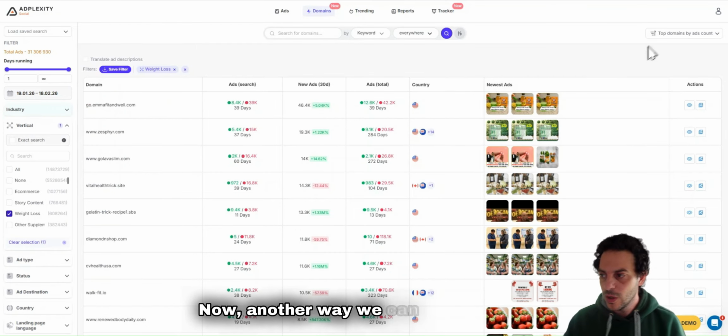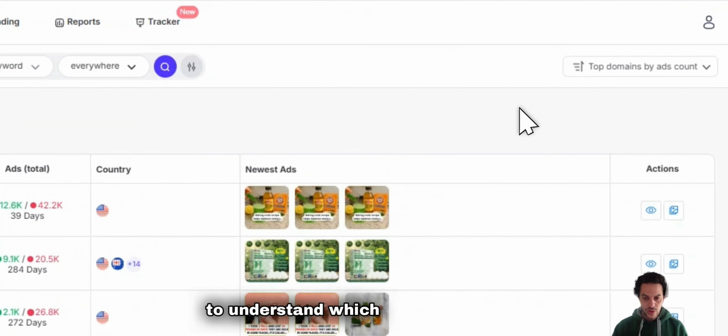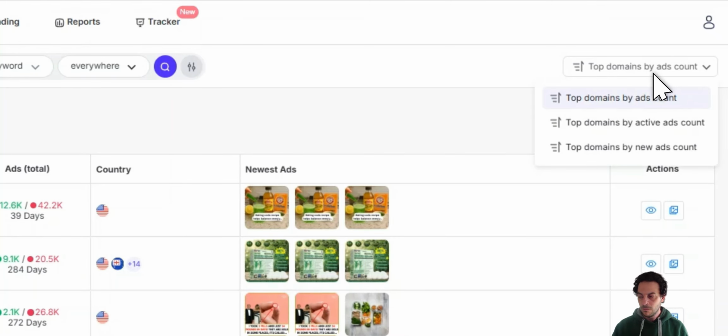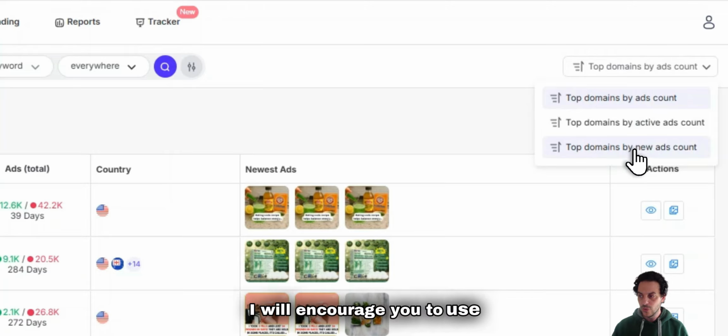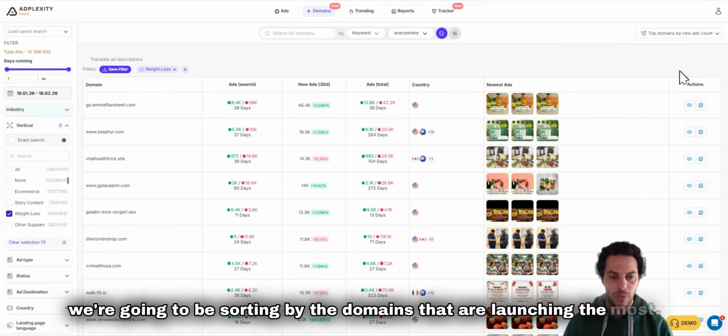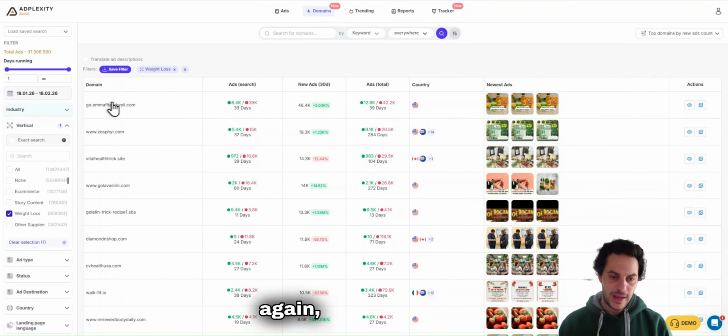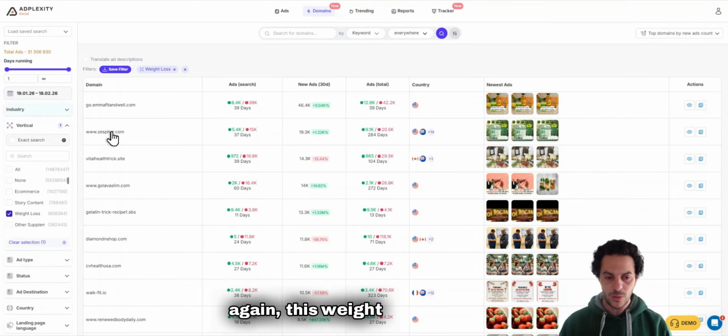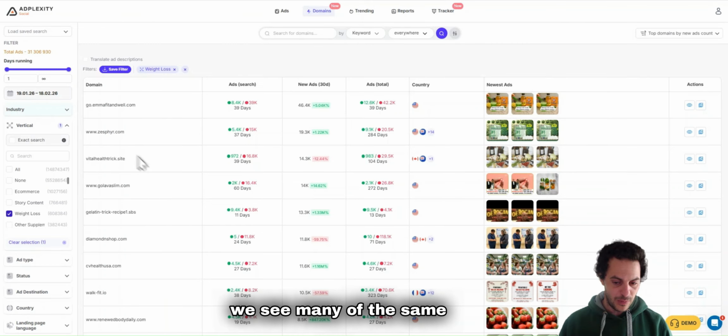Now, another way we can use our intel to understand which are the domains that are actually growing the fastest, we can play with our sorting options. In this case, I will encourage you to use the sorting by new ads count. This means we're going to be sorting by the domains that are launching the most. As we saw before, again this VSL domain, again these weight loss patches, we see many of the same ones,